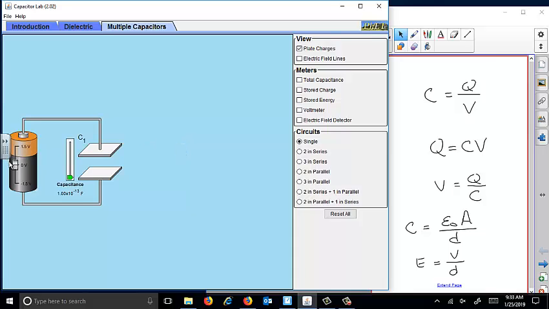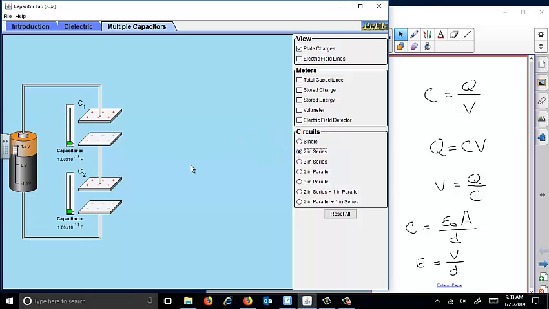So if we put a voltage across a single plate, we get this situation. Now, if I put two plates in series, so they're connected like that, what you would find is that the negative charges here, well, let's explain what happens. Okay, so there's no voltage on the battery. When you apply the voltage to the battery,